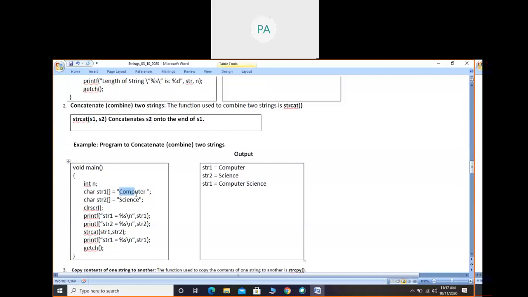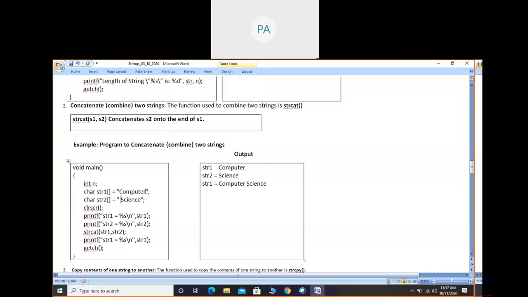If you observe this string, after the letter r I have given one blank space. If you give this blank space, then in the output you can expect this blank space. Otherwise, if I don't give a blank space here, in the output these two words are combined together. Of course two words are combined, but let us combine them with one blank space. That looks neat: computer space science. For that reason I have given a blank space here. Either you give it in the first string or at the very start of the second string. Leave one blank space, then write science. So computer word, after that one blank space, then science.